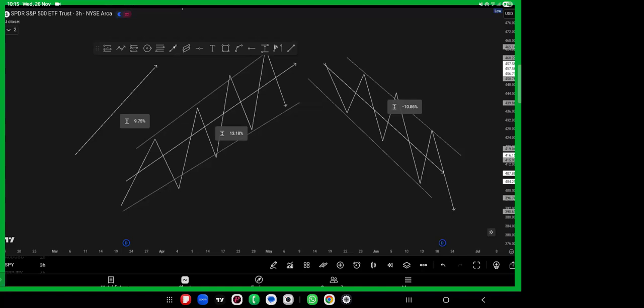The most recent high will either be higher or lower than the previous high. Now, if the most recent high is higher than the previous high, that's where we have the what? The higher high. Then if it's lower, that's when we have the what? The lower high. The same thing goes for the lows as well. The most recent low, if it's higher than the previous low, that's when we have the what? The higher low. Then if it's lower, that's when we have the what?